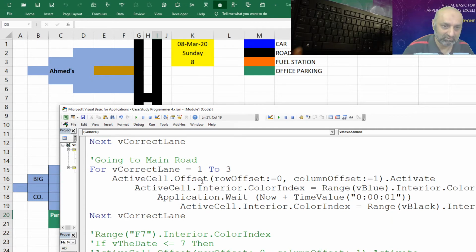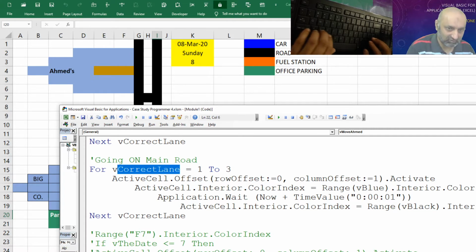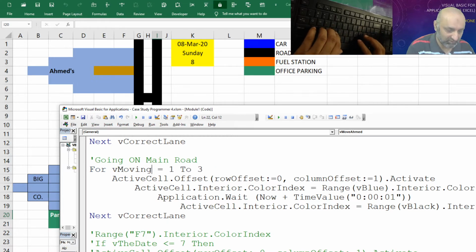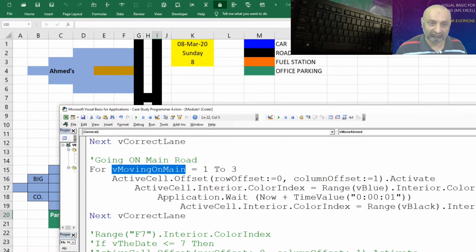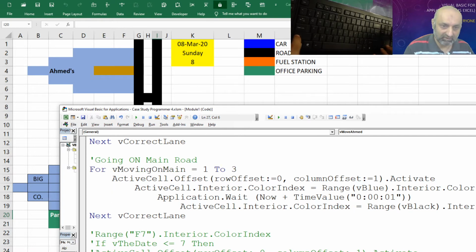So going to main road should change to going on main road. This should not be correct lane. This should be for moving on main. So this is our next loop, second loop, and I always try to copy paste my variables so that there is no mistake of spelling.